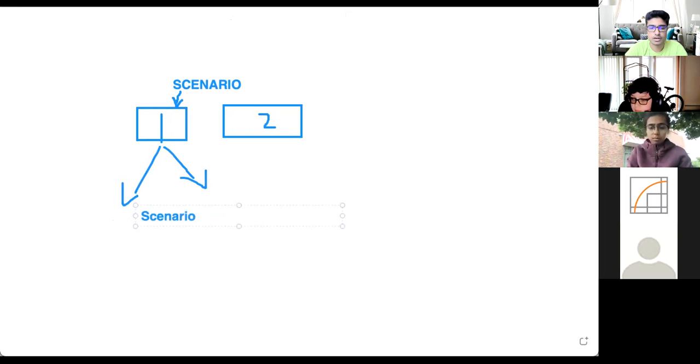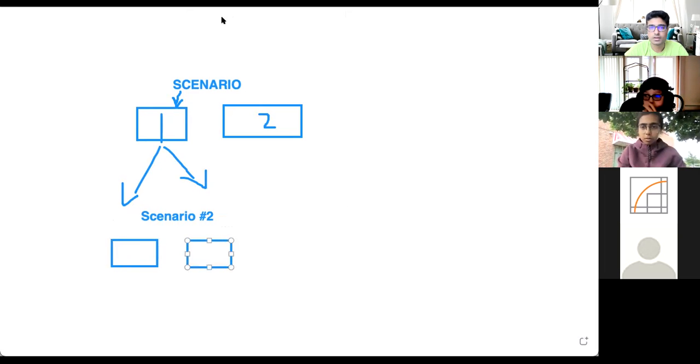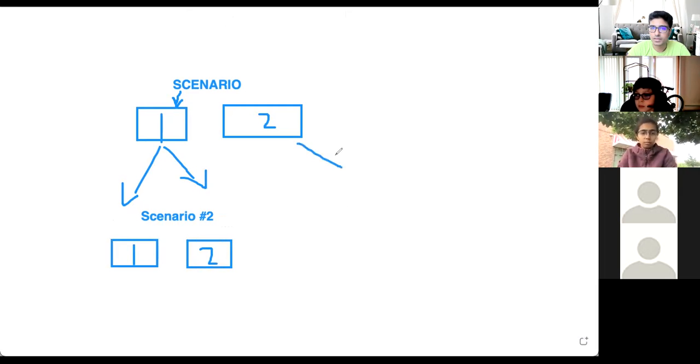So scenario number 2 means there will be 2 different options which they can now choose from. Now you can see how this will lend itself to many, many more boxes. It's like a prime factorization tree for math people. We're going to keep on going down. The second option